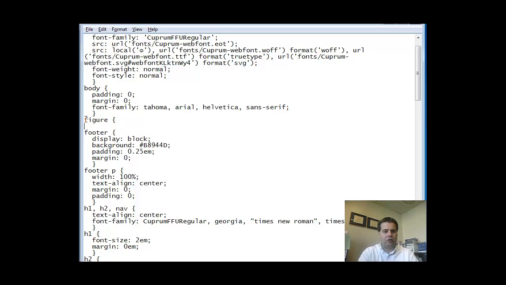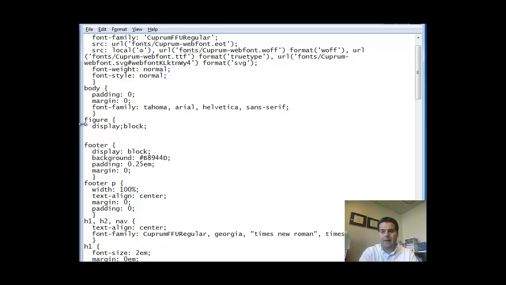Do an opening curly brace. And then in step 4, it's going to talk about exactly what we want to place within this tag. We want a couple name value pairs. First one is display. And we want a block display. I'm going to go ahead and indent this a little bit to keep it consistent and readable. And then we're going to place float with the value of right, semicolon,